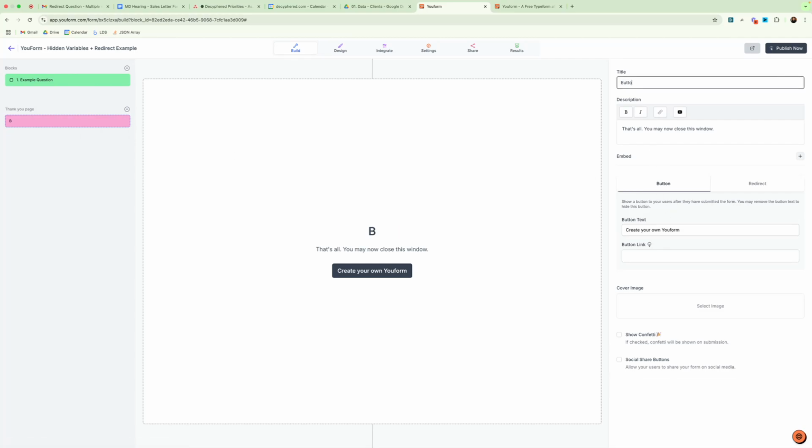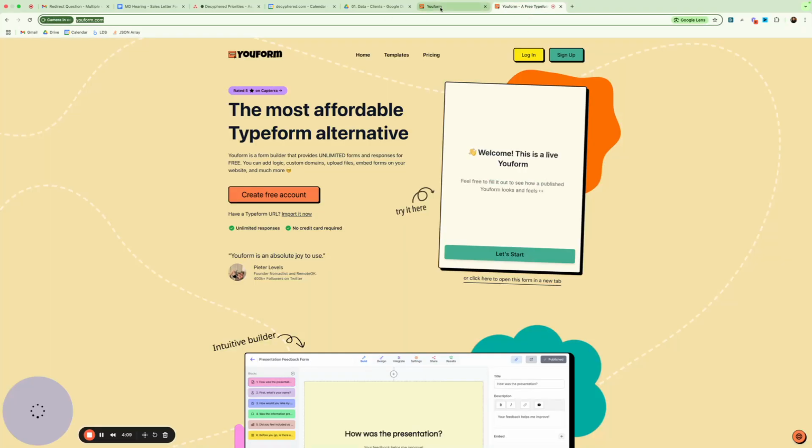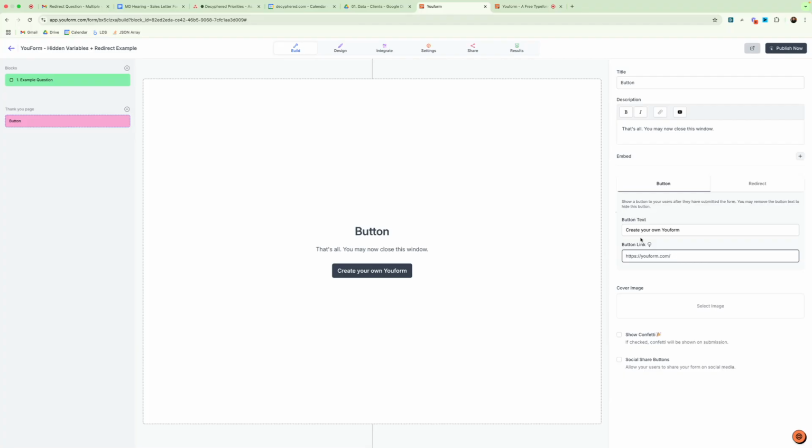I'm just going to call this button. And so for our button link, I'm just going to do this to Youform. I'm going to do a question mark. This starts a query string and we'll use UTM medium. So I'm setting the value of UTM medium that I want to pass on equals, and then I'm going to